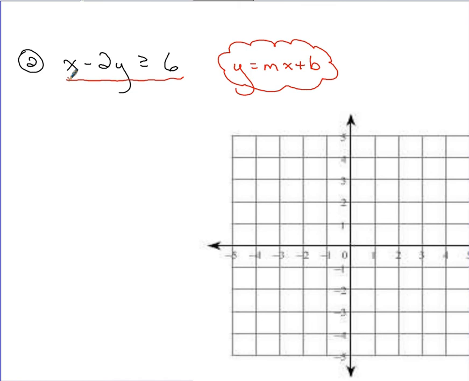Solving for y, I'm going to take my x, subtract over. I'm going to be left with -2y greater than or equal to, rearranging my terms a little bit, -x plus 6. Now getting the y by itself, divide everything by -2. Because I'm dividing by a negative and this is an inequality, I do have to flip that symbol. So beware. y is going to be less than or equal to